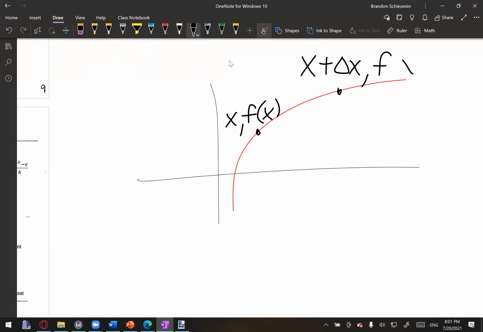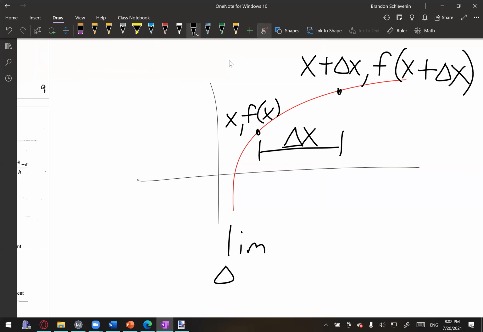And f of x plus some change in x. Then that means we have a space between these 2 points of change in x, right? Okay, so if I was to take the limit as that change in x approached 0,